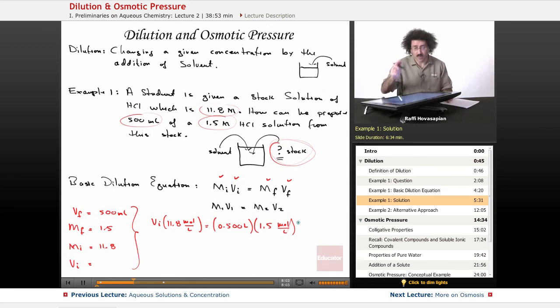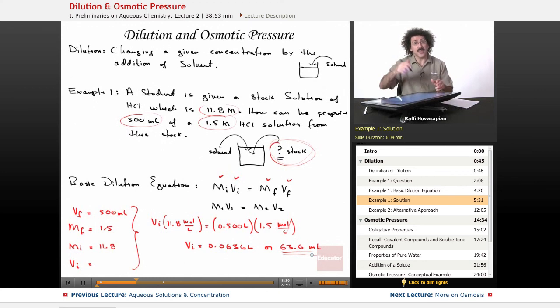I just switch them around. Here I have M first and V second. Here I have V first and M second. So sorry about that. I hope that doesn't confuse you. So that's it. Now let me go ahead and solve for my initial volume. So V sub I is going to equal 0.0636 liters, or 63.6 milliliters. So 63.6 milliliters is the amount of stock solution that I'm going to pull, and I'm going to